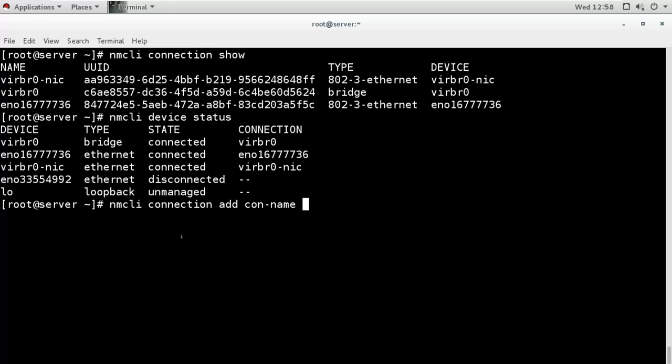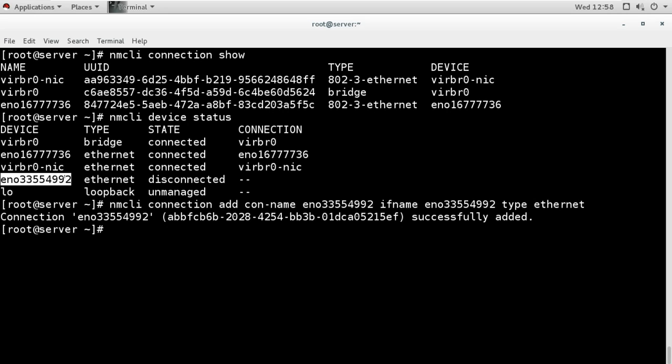Connection name, I will make the same name as this. Interface name will be this, and the type is Ethernet. So the connection is added. Now I will not configure any IP address on this.